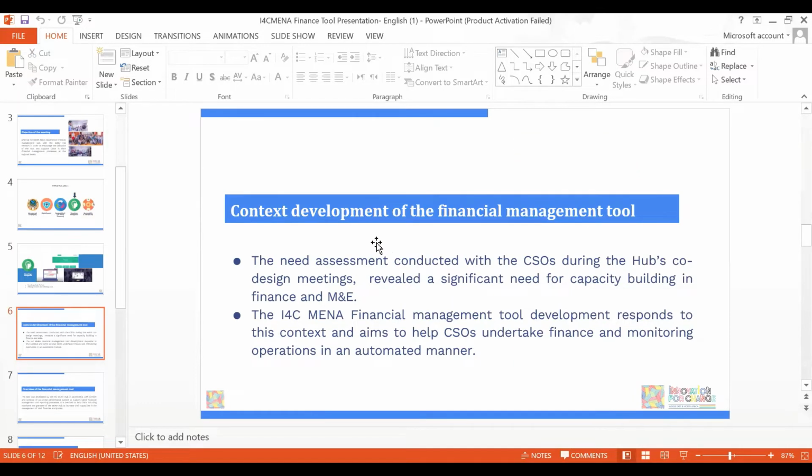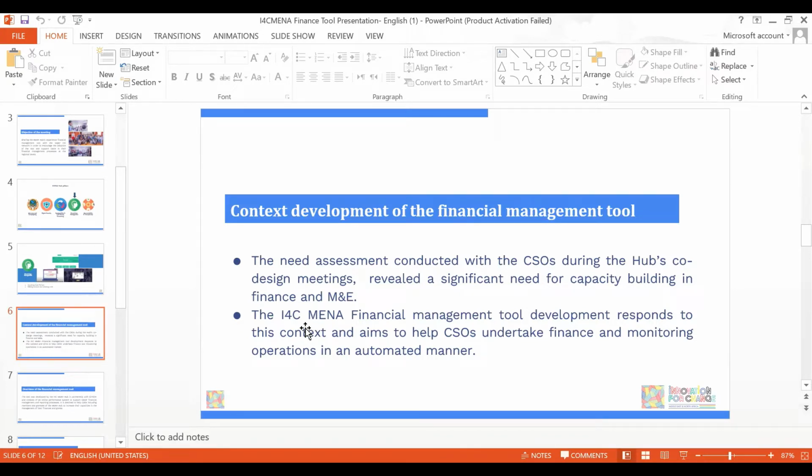The financial tool was developed in a particular context. Back in 2017 and 2018, a CSO needs assessment was conducted in the region in the preliminary phase during the co-design meetings, which revealed that there is a strong need in terms of capacity building in the field of finance and also in the field of monitoring and evaluation.